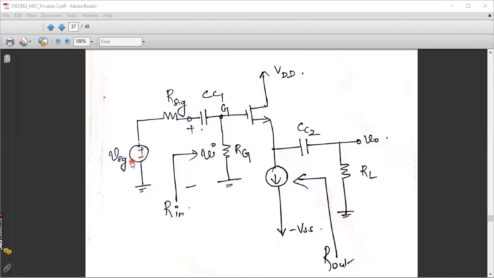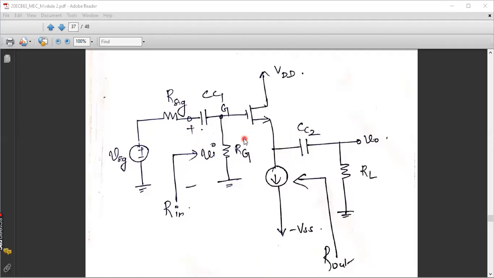The input side is similar. The input to be amplified is given to the gate terminal through a signal resistance and a coupling capacitor, and you can see a resistance RG connected between the gate and ground, across which I have taken the voltage VA. After considering the drop across Rsig, we have denoted the voltage Vi, because some fraction of the voltage will get dropped across Rsig, and the remaining fraction of your input Vsig is coming across RG, that is denoted by VA. To derive the performance parameters like input resistance, output resistance, gain, open circuit voltage gain, and overall voltage gain, we have to convert this into a T equivalent circuit.